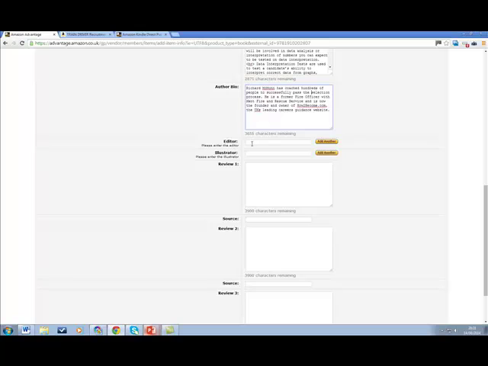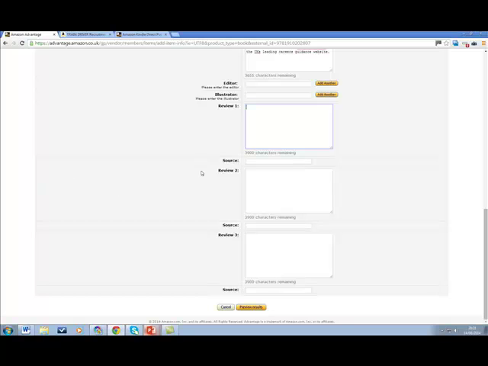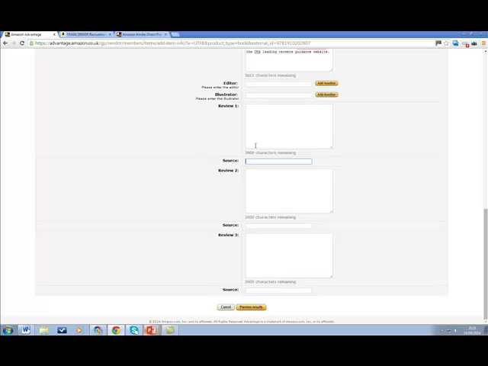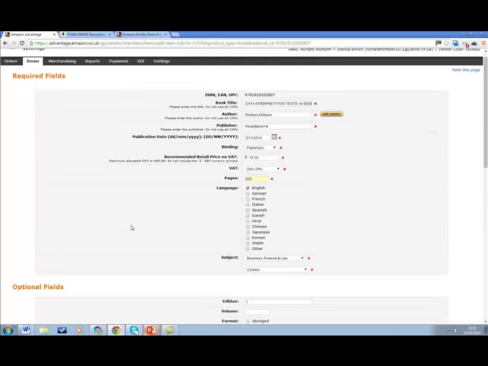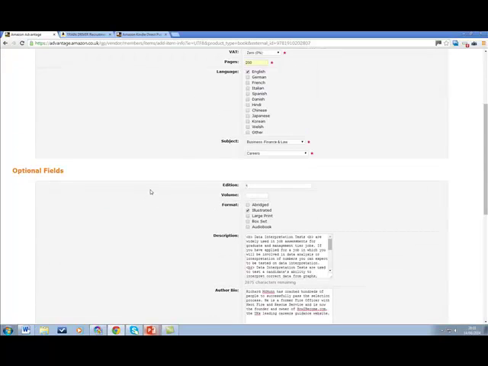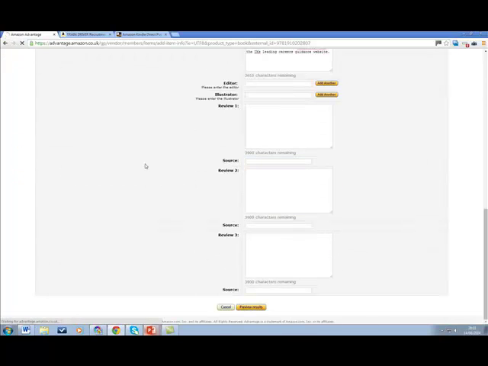Now you have the option as we scroll down the page on your Amazon Advantage account to add an editor and also add an illustrator if you want to. You can also add reviews for your book and the source of where it would come from. Now if you do have reviews, I would put them in there. Okay, so you put the review of the book and then the name of the person. You get to add up to 3 different reviews. Okay, so then what you do, once you're happy with all of the information, you simply click preview results,